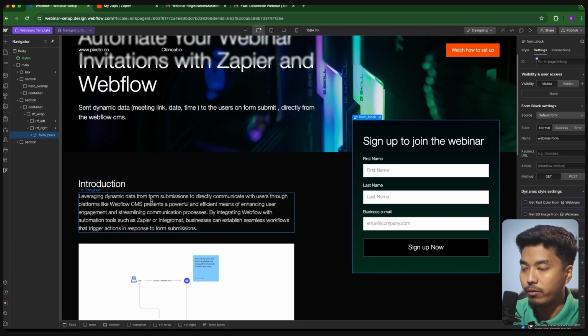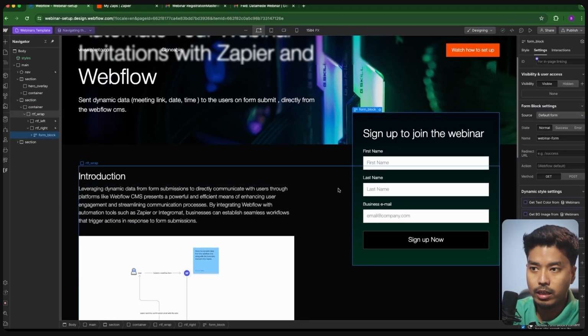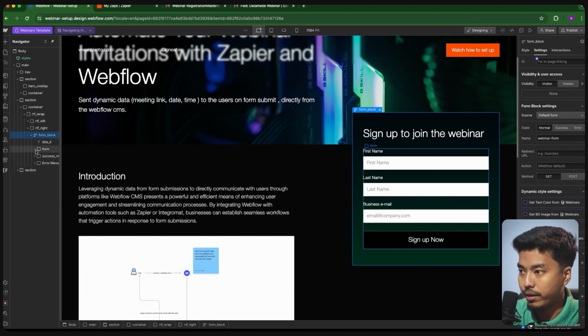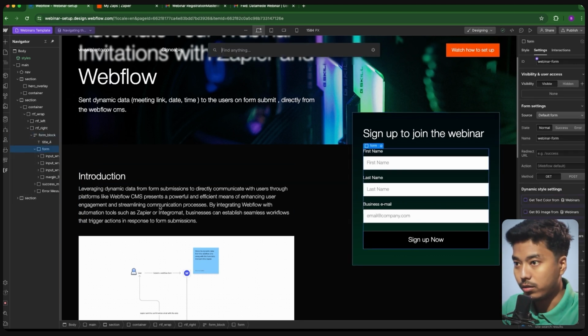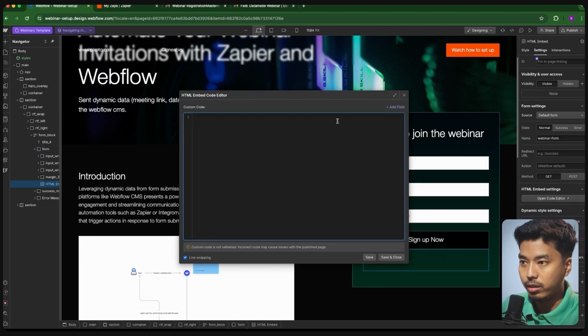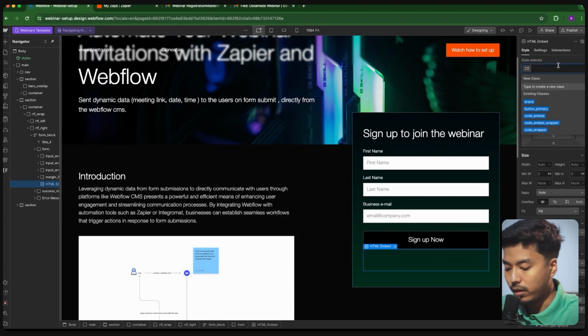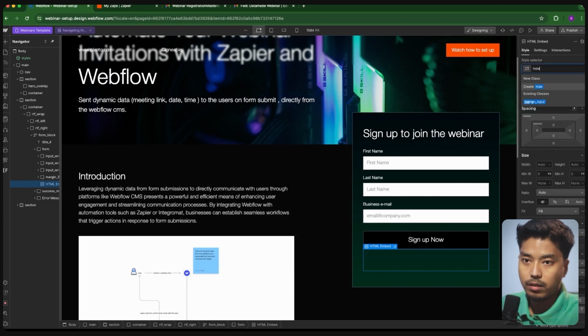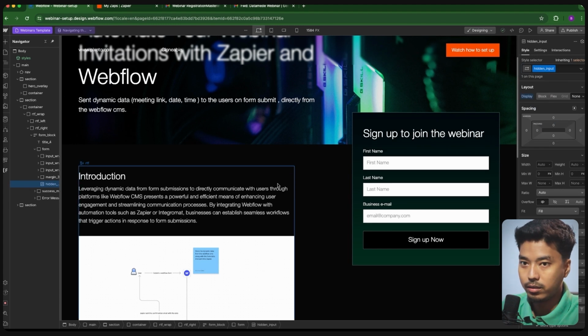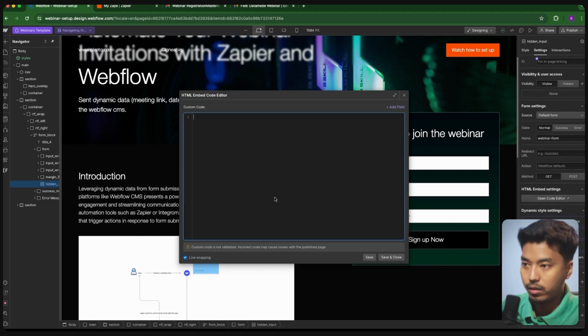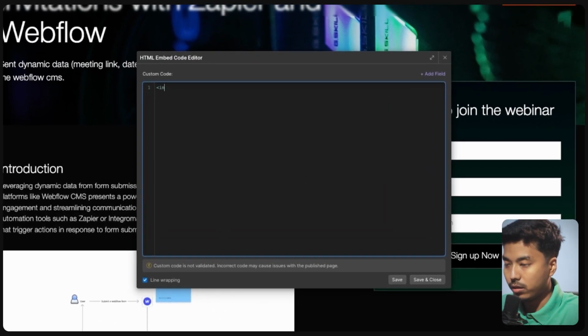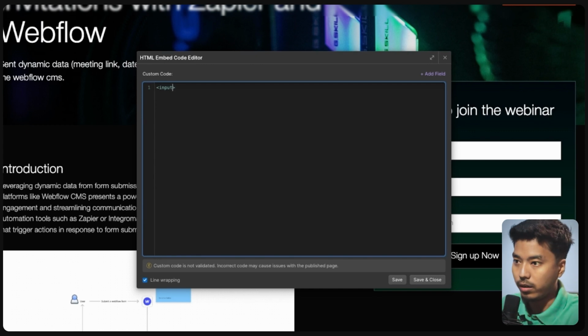Now, to get that data and link it up, we have to put one embed in the form block. Let's quickly put in one HTML embed, and let's call it hidden input. I've actually styled this, which is basically set to none, and now I'll put in the hidden input, and here let's type is equal to hidden,